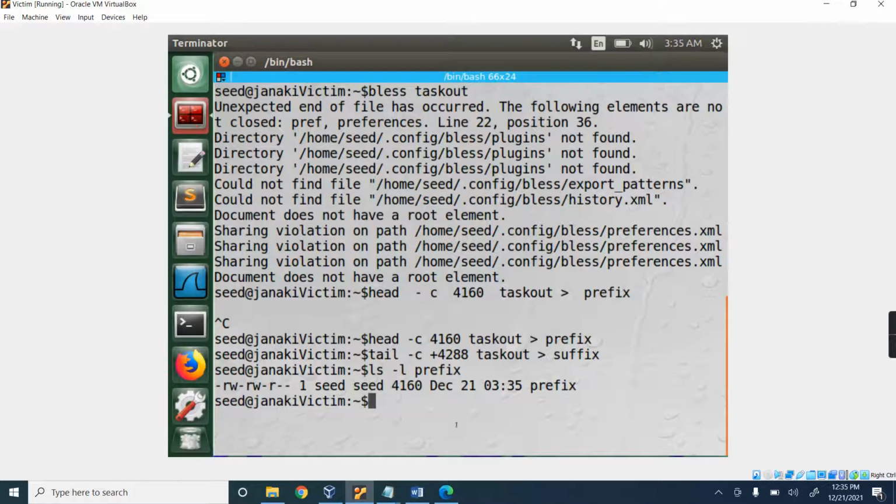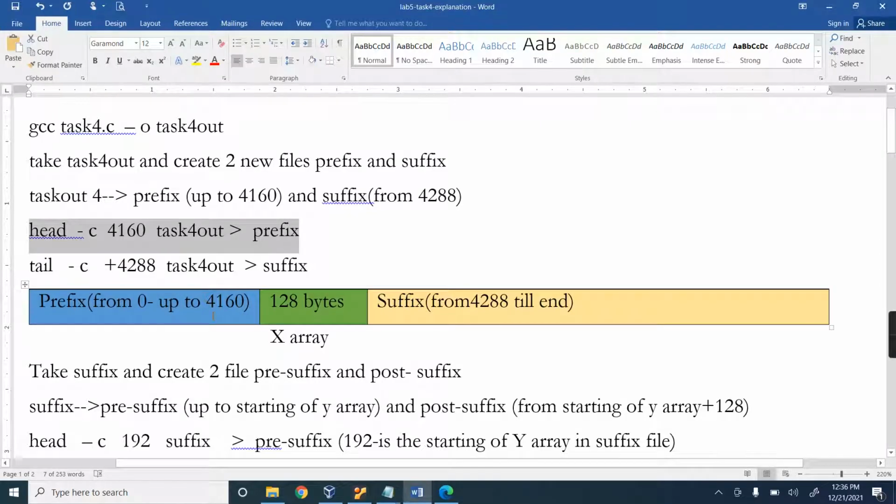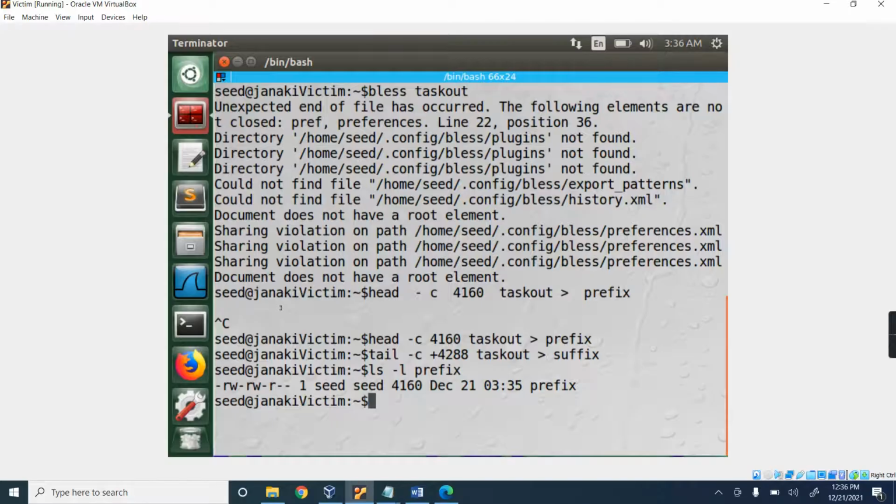So this prefix file, as per the explanation here, is 4160 bytes. Now I am going to run the MD5 collision generator to add a p value to the prefix and add a q value to the prefix. Again I am going to separate p and q. So the MD5 collision generator with -p, which file? The prefix file. I am going to write the output to out1 and out2. So two files I am generating.